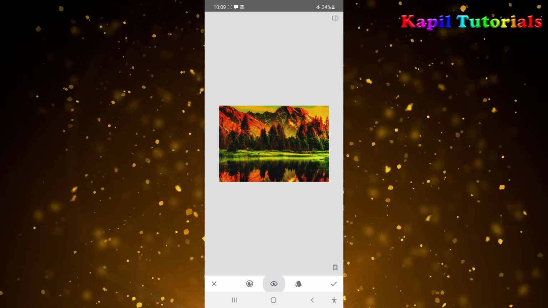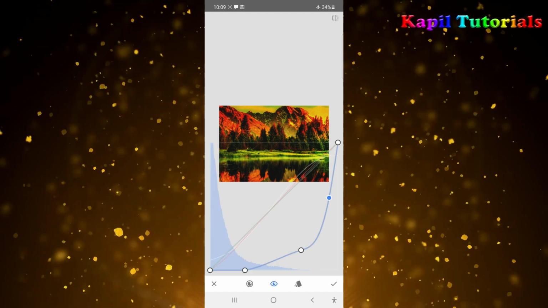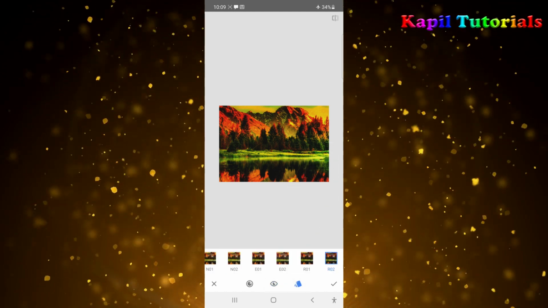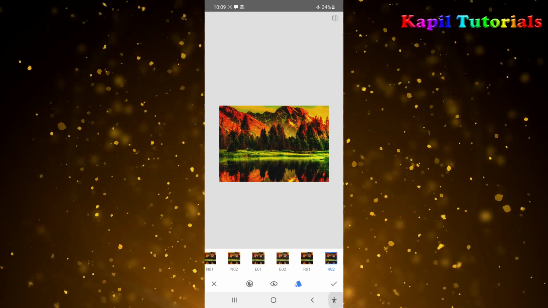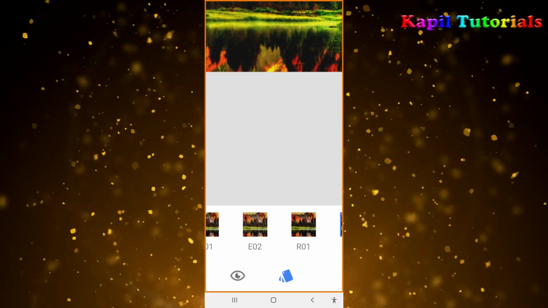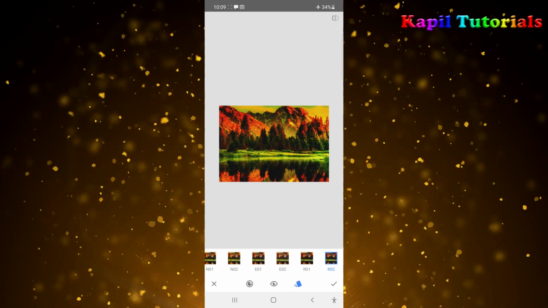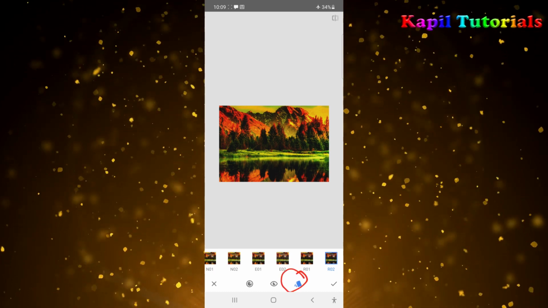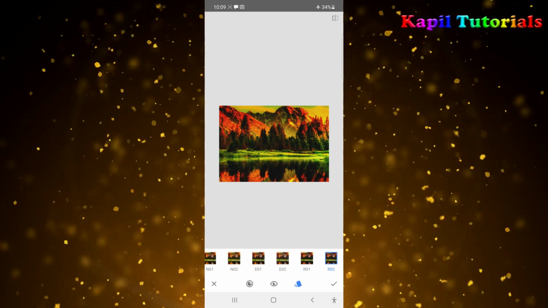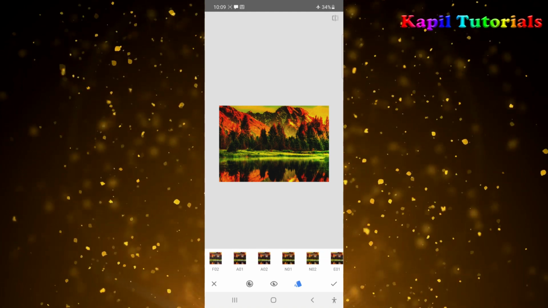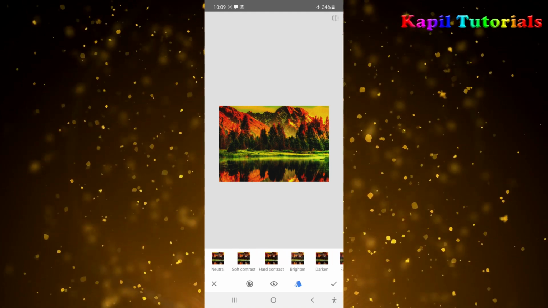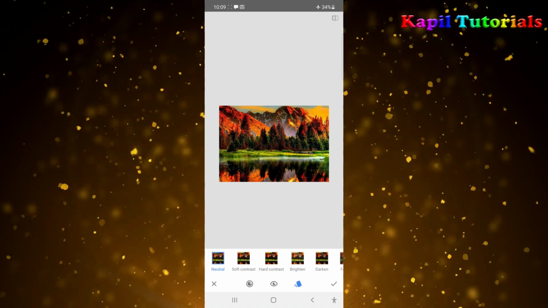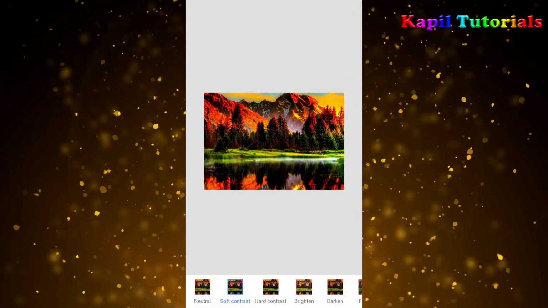And then the last option here, if you select this one, here are some pre-formatted styles. This is neutral, self contrast.